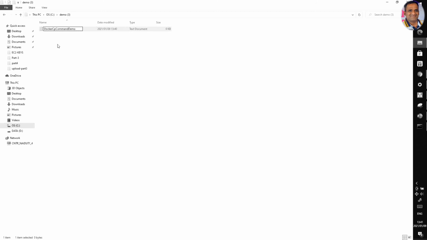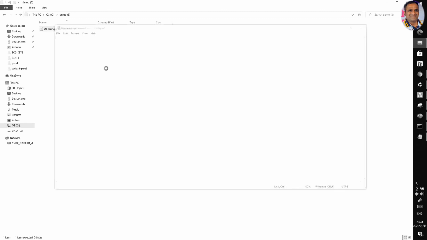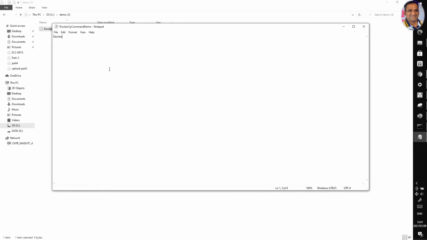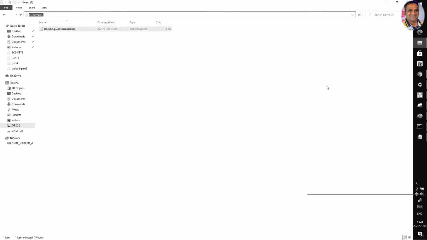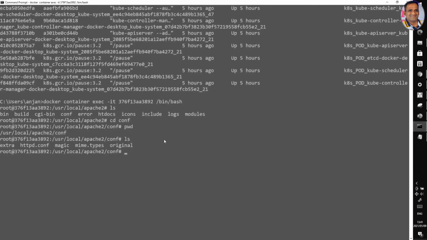This is the file I'm creating, and I'm opening it here. I'm saving this one like this. So now this is the path. I'm going to exit from this location.